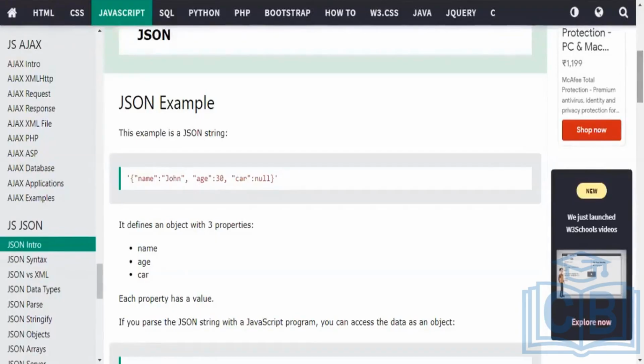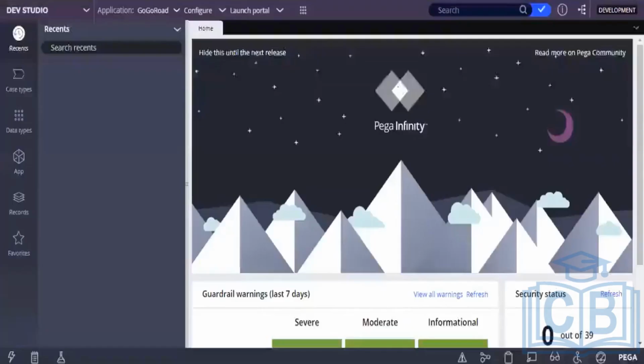Now connect REST can use both XML and JSON. There are differences between REST and SOAP integration. There are advantages and disadvantages for REST, and similarly for SOAP. Based on the situation, we will use either REST integration or SOAP integration. Most of the time nowadays, everyone is using REST integration. Connect REST means we have to connect with another system. We need to integrate with the other system. How do we integrate? First of all, we need an endpoint URL, an address to connect to.